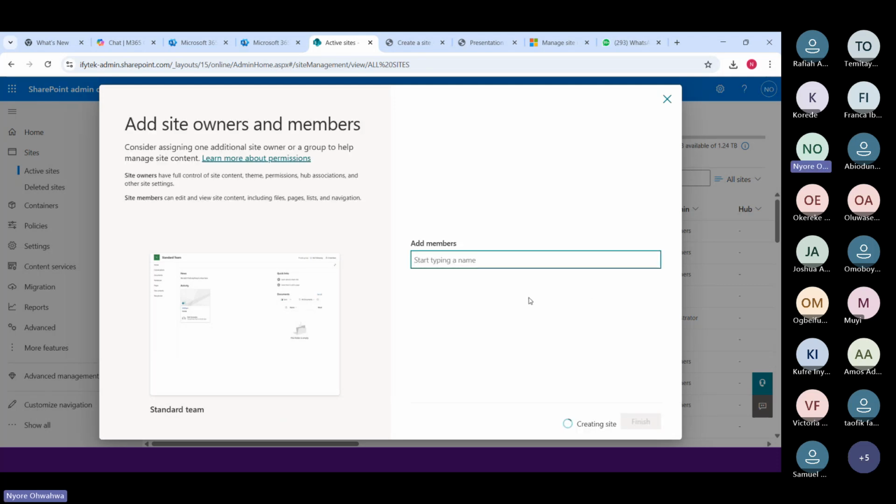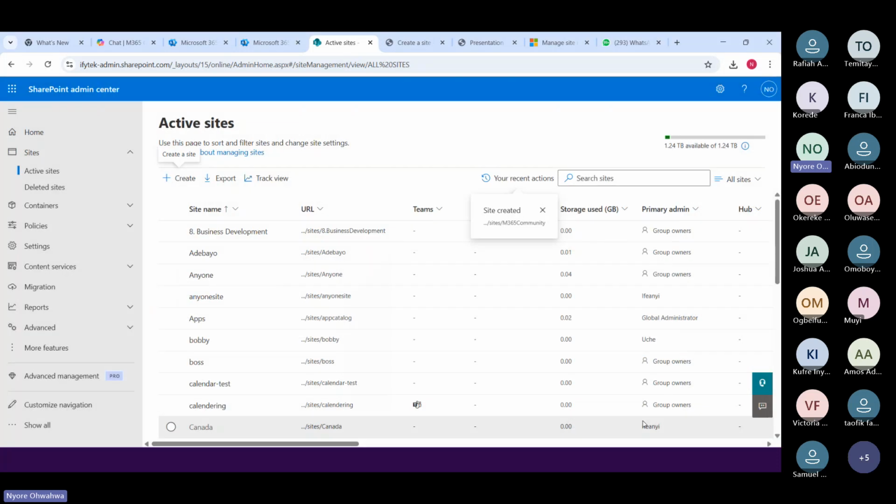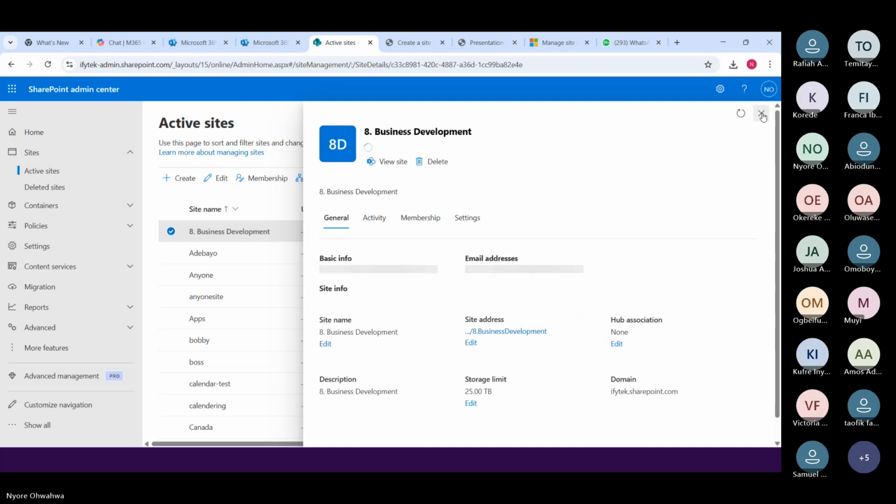So this is a team site with a group. I can add members now, or I can decide not to add any member now because maybe I want to still put some things in place in the site before I add anybody. But if I want to add members now, I can and then go ahead to finish creating the site. And here we are.